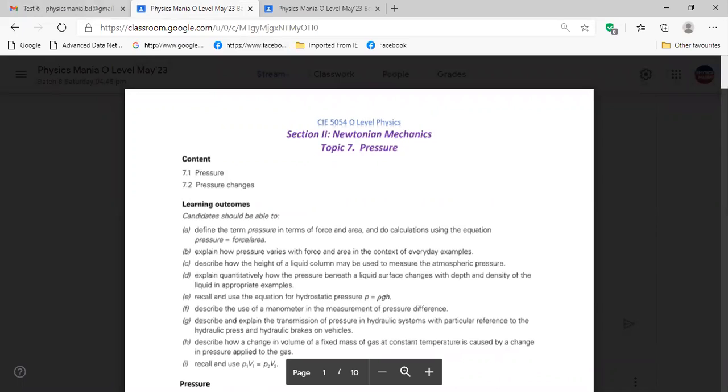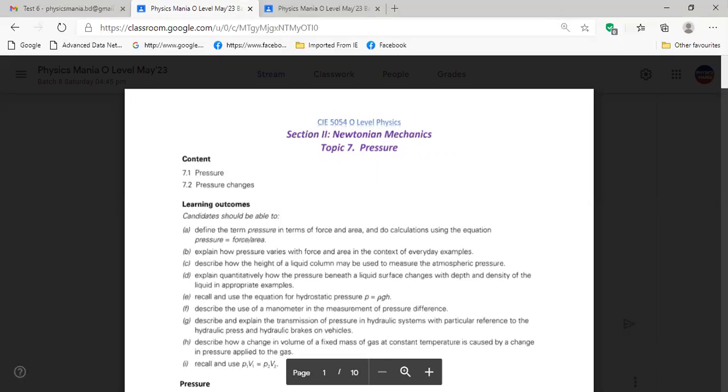The learning outcomes. Candidates should be able to: A, define the pressure in terms of force and area, and do calculations using the equation pressure equals force divided by area. B, explain how pressure varies with force and area in the context of everyday examples. C, describe how the height of a liquid column may be used to measure the atmospheric pressure. D, explain quantitatively how the pressure beneath a liquid surface changes with depth and density of the liquid in appropriate